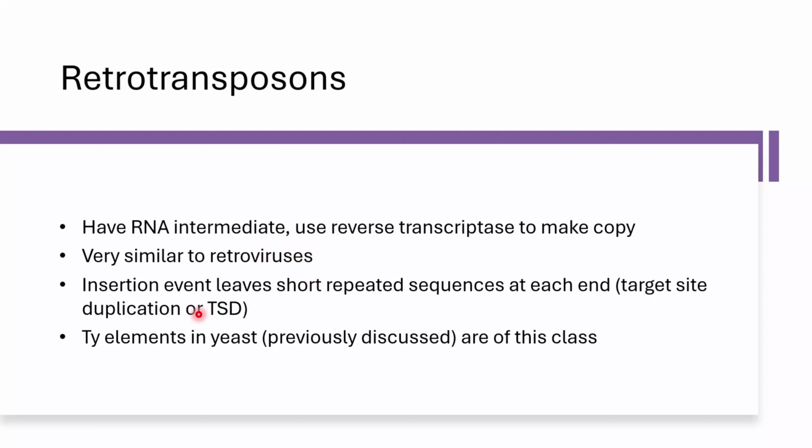What happens when retrotransposons are inserted into the DNA at a different locus, you'll have your endonuclease that cuts the DNA, and because it cuts it, it creates a staggered end, not a blunt end which is straight, a staggered end. And that staggered end will bind to the retrotransposon. Now, when that happens, you leave a short piece of DNA that is empty, right? Because you're basically cutting your genomic DNA,